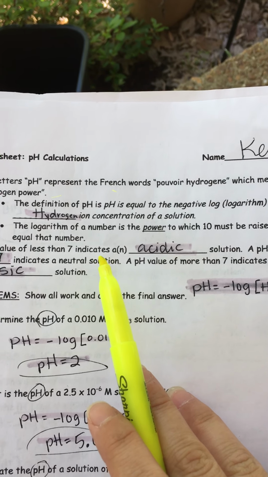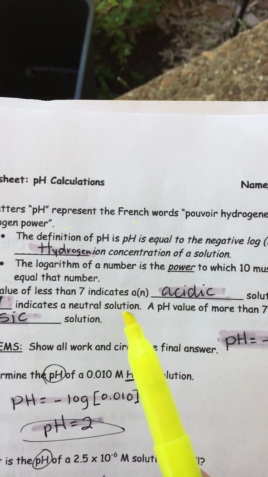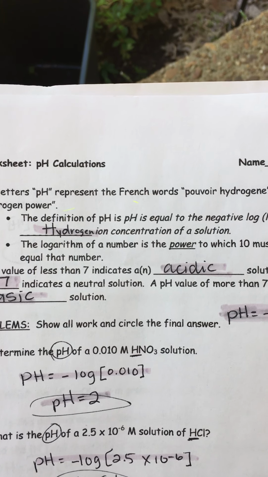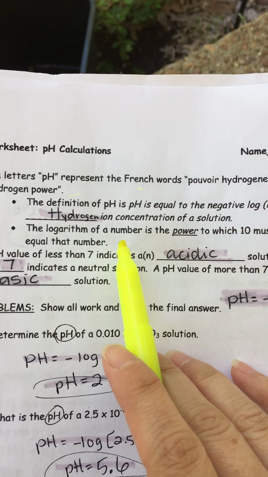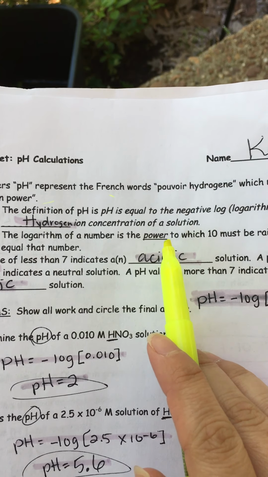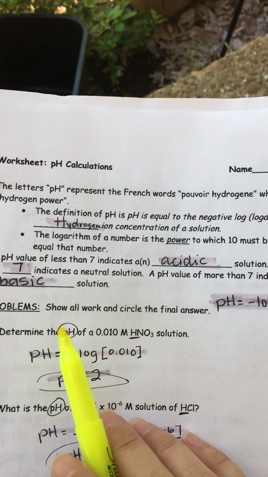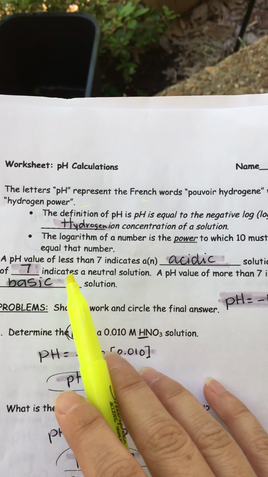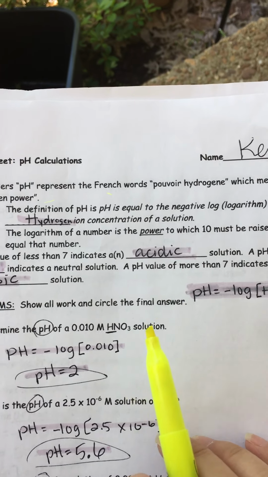a solution. Okay, so if pH is the negative log of the hydrogen ion, then pOH is the negative log of the hydroxide, or OH negative, concentration of a solution. Okay, remember, a logarithm is the power to which 10 must be raised to equal that number. And we can do this in our calculators. So a pH value of less than 7 indicates an acidic solution, 7 is neutral, anything more than 7 is